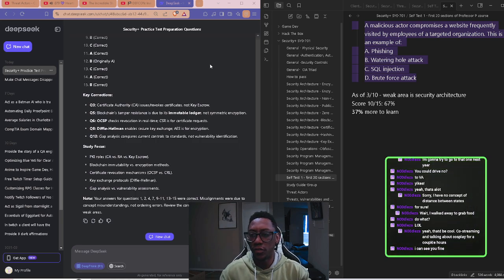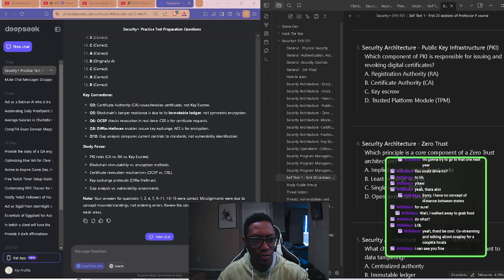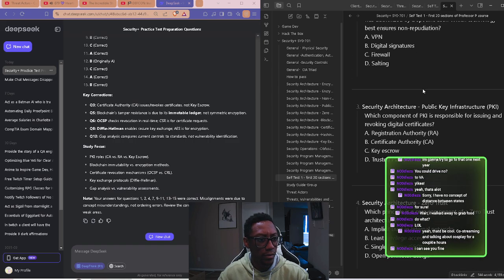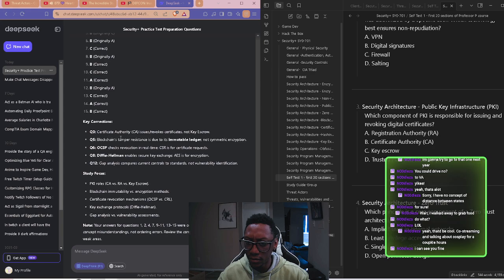So I still got those things wrong. Let me highlight the ones I got wrong, which are number 3. Responsible for issuing and revoking, which is... issuing and revoking isn't an option here. I think it's the OS whatever, right? Oh, it's the certificate authority.